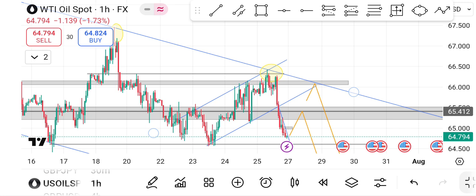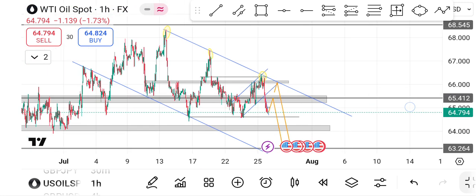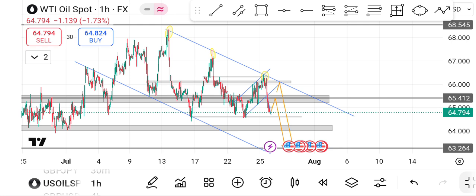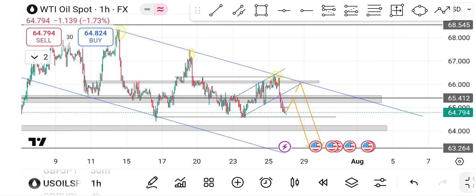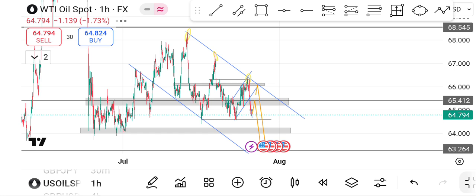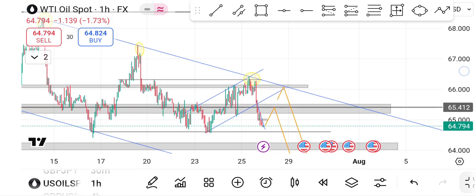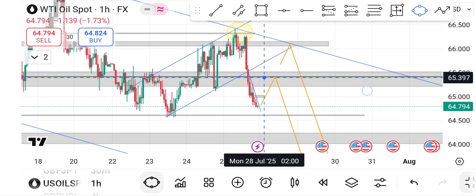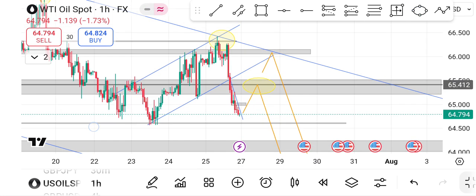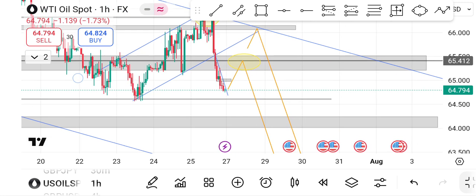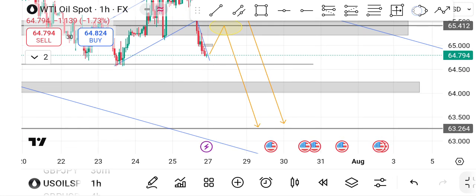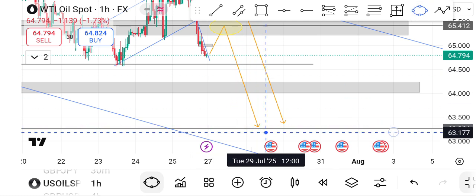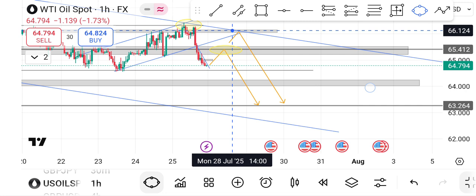So this is what I'm actually looking at now. The market has bounced off the trend line 3 times, so I'm expecting a pullback from where it was. There are two things that can happen. The market can pull back to this area of previous supports, or to this area of resistance, right? The market can pull back to this area of resistance, then start going down to this next area of take profits, or the market can come back to this area here